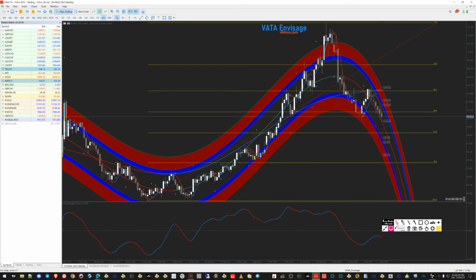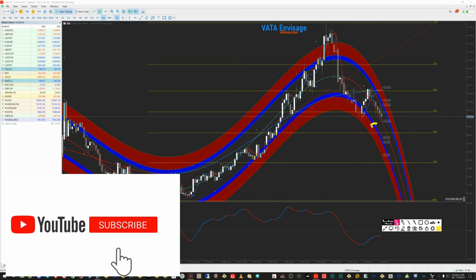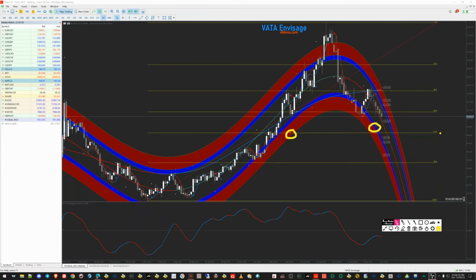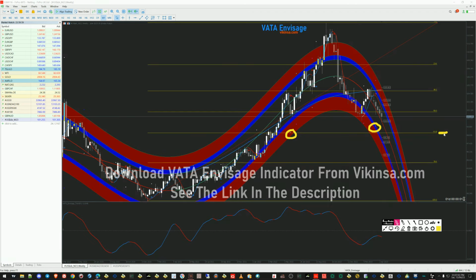On Wata and Visage software, what we can see on DXY, right? This is the target, approximately. That white dot is approximately the target here, and this is also a target. So this is coming out to be near about 99 or a little lower than that, 98 something level here, and that confluence is with the 61.8 fib level as well. So this also supports that if the market breaks through this previous low, then these are the targets, right?